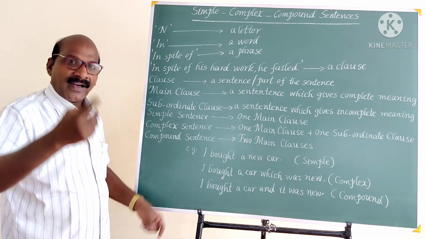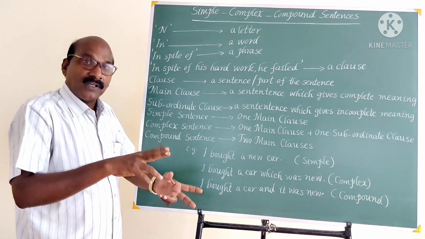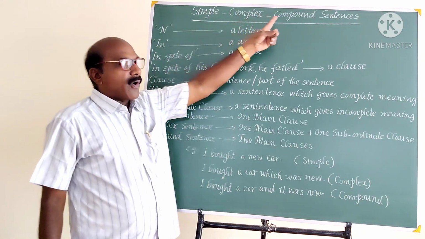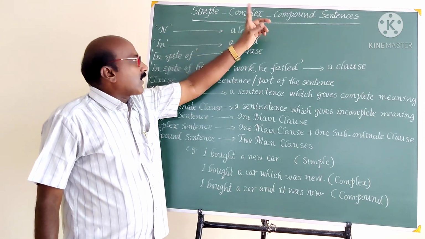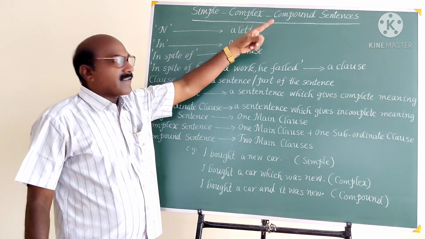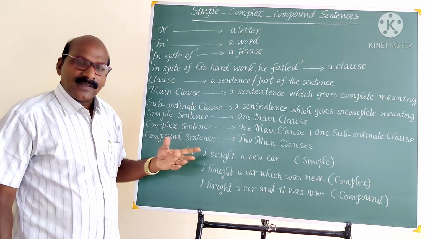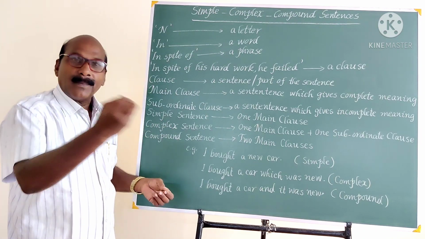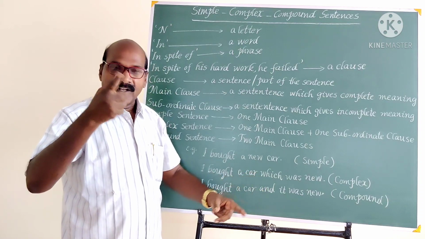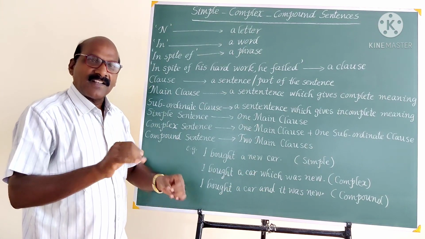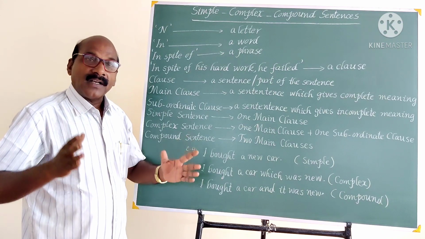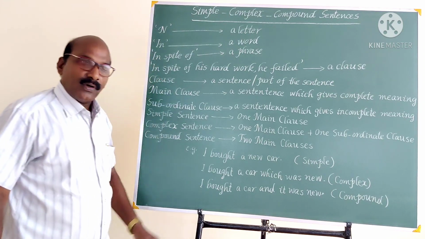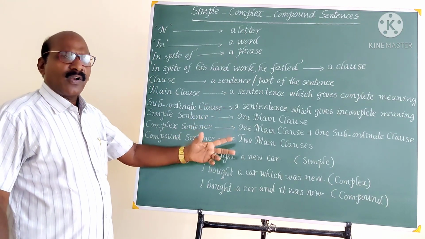In different competitive and academic examinations, the students are asked to convert from simple to complex, sometimes from simple to compound, and sometimes complex to compound, complex to simple, compound to complex, and compound to simple. Whatever sentence may be given, they may be asked to convert it from one sentence type to the other. If you have the basic knowledge of the entire topic, you are sure to change the sentence very simply. But you need constant practice. Constant practice is very important, without which we can't get the mastery of the topic. Not only this topic, any topic.